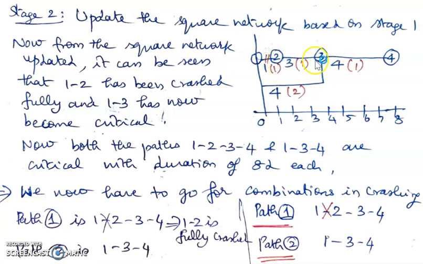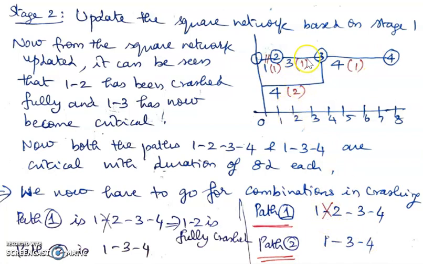Now, we have three critical activities. Look at that, because this activity 1, 3 has also become critical in that process. So, what has to be done here? We have two parallel paths. So, path 1 is 1, 2, 3, 4, okay, which is shown here. And path 2 is 1, 3, 4, okay, which is shown here. Now, in that first path, 1, 2 has been completely exhausted in its crashing. No further crashing is possible.